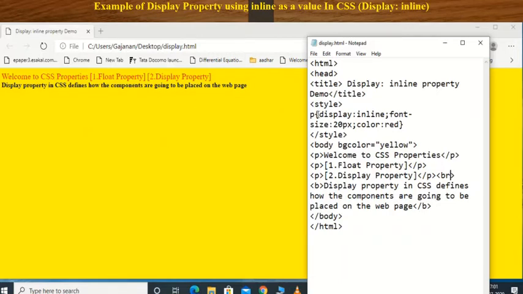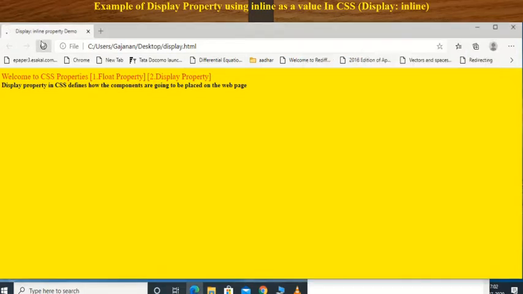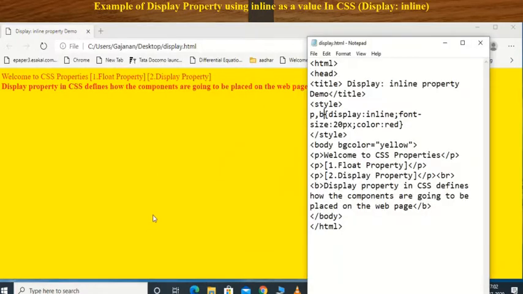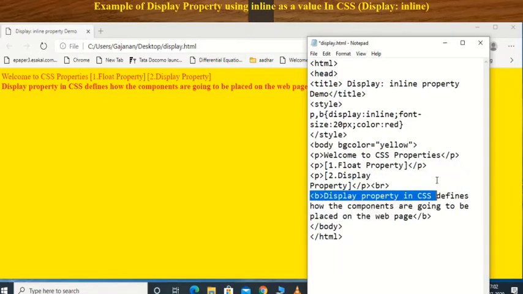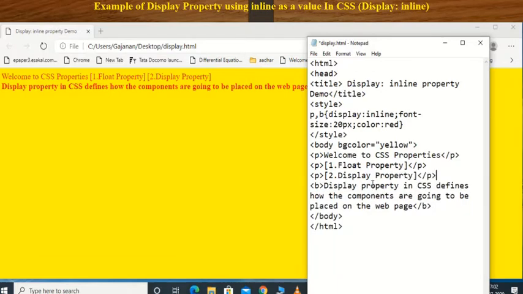Now if I want to apply display inline to the P tag and B tag also, I write B here, save and execute. What happened? Your text is broken into a new line. We have used a BR tag, therefore it is not appearing in a single line. Suppose I cut this one, then your text appears in a single line. Clear? Save and execute.